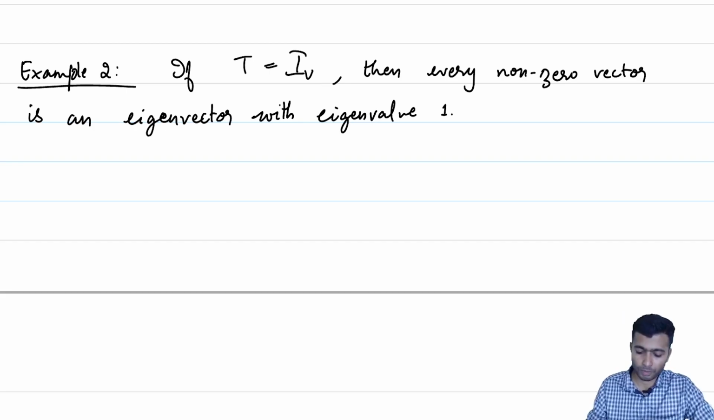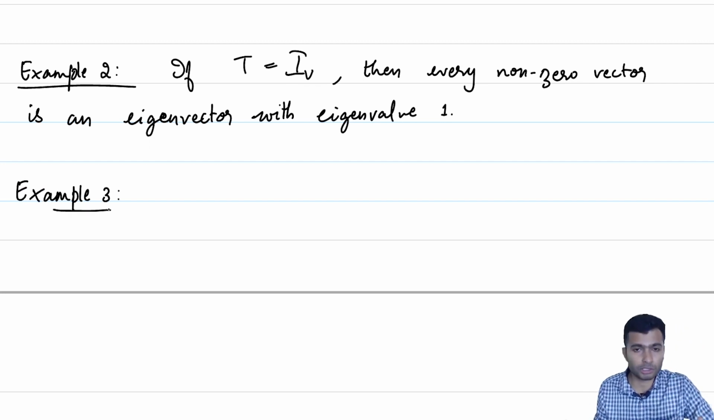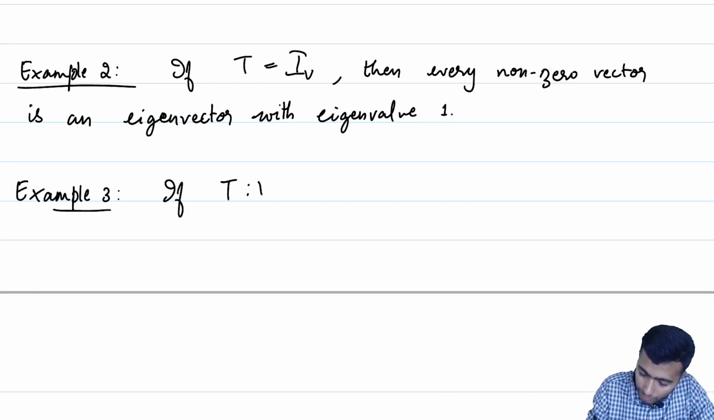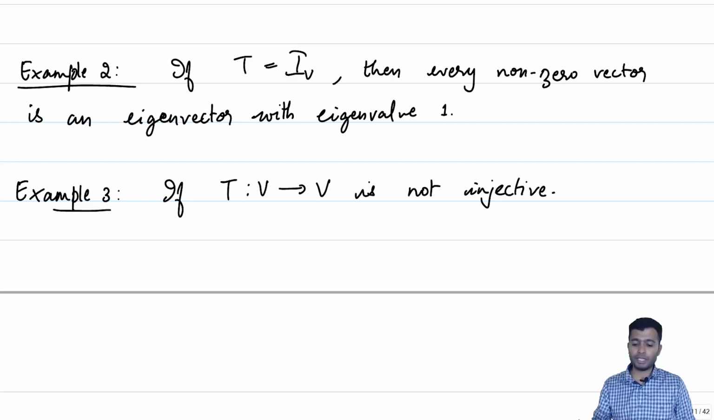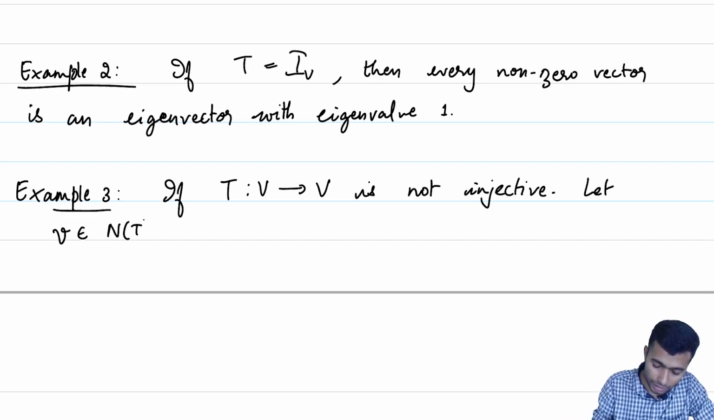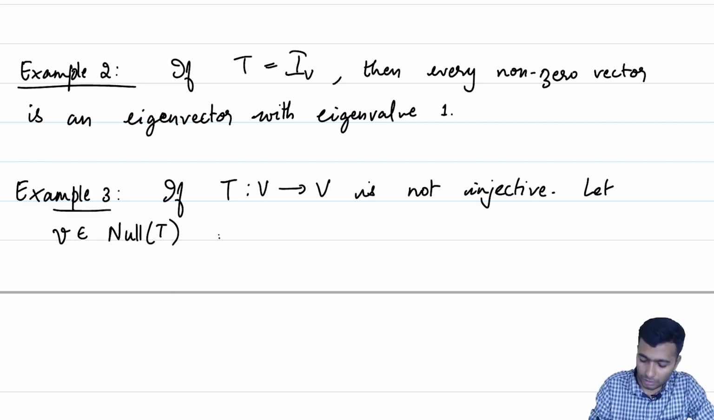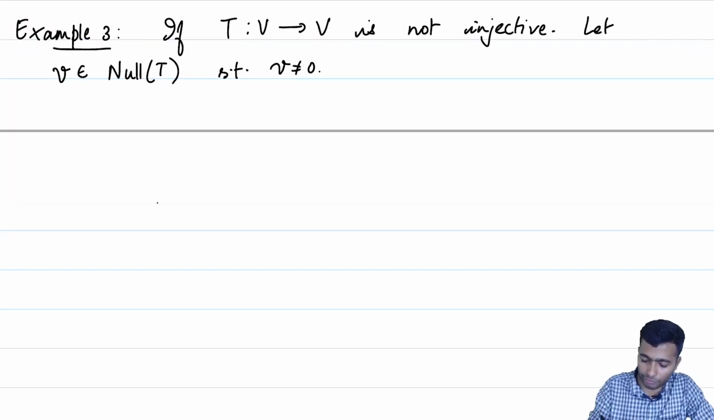Okay. So, another example: every vector in the null space of our given linear transformation T. If T from V to V is not injective, what happens? Then the null space of T has non-zero vectors. Let v be in null of T, the null space of T, so that there is no confusion, such that v is not equal to the 0 vector. So, the 0 here is the 0 vector. And what does T do to our v? Then